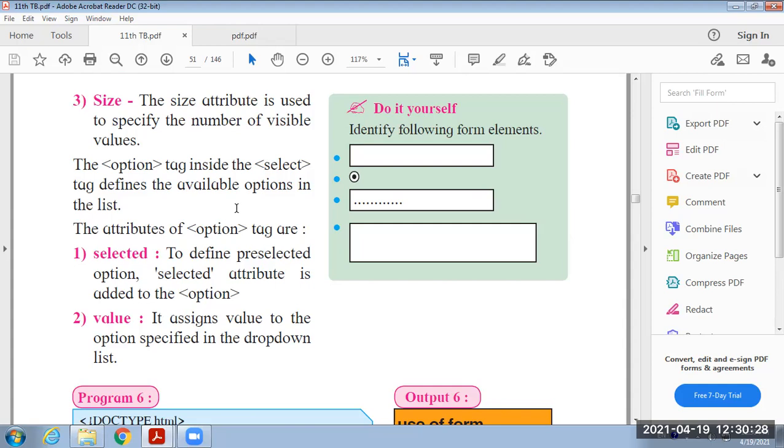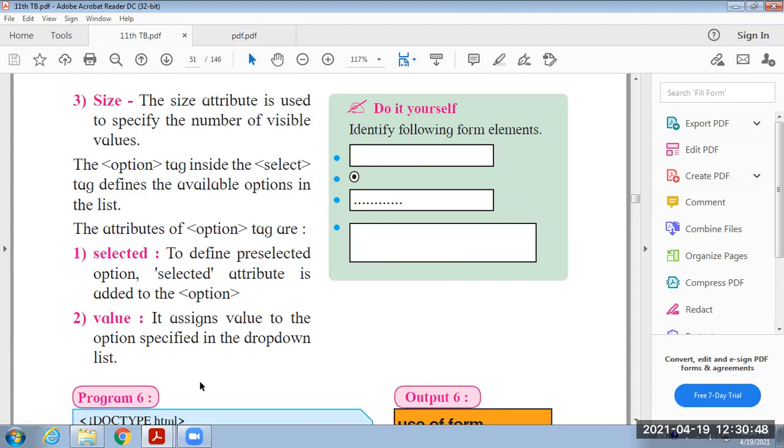For example, if you have a list of cities, and within that you have to select Nasik city as a predefined city, in that case, for Nasik, you will provide the selected attribute. The next one is value.